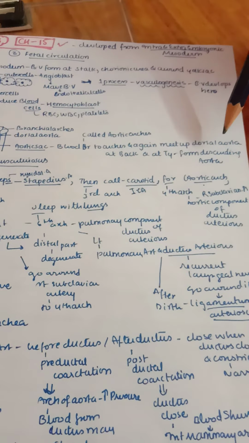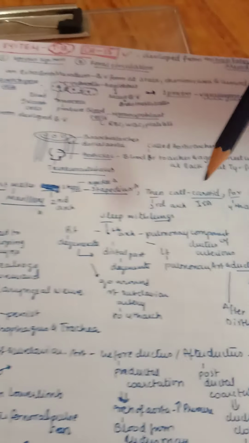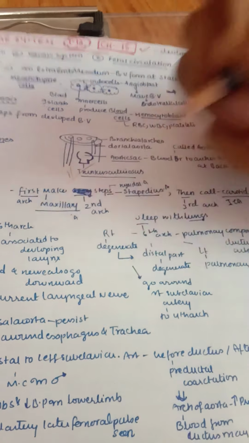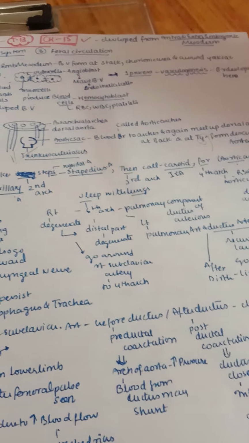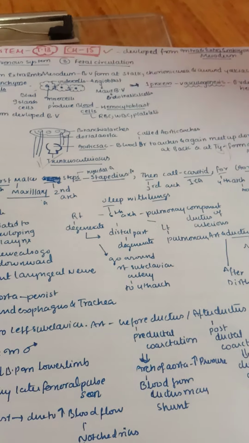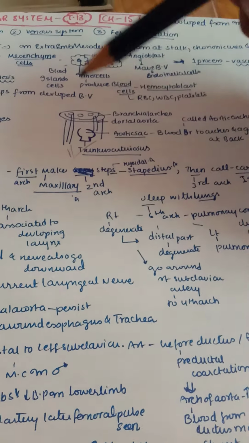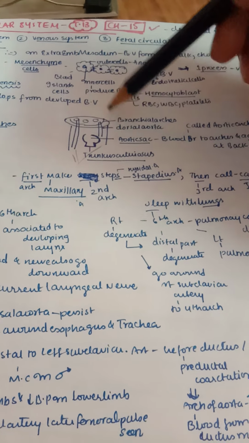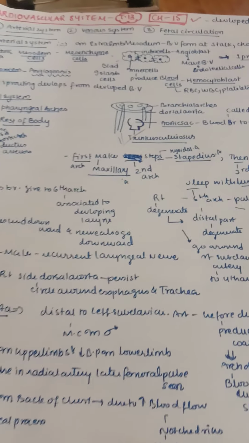They meet up in the dorsal aorta at the back, and these fuse to form the descending aorta. As I said, both dorsal aortas fuse later to form a descending aorta at the level of the T4 vertebra. That we need to remember, and these are called aortic arches. So what are aortic arches? They take the blood from the aortic sac, pass it through the pharyngeal arches, and meet up at the dorsal aorta. This is what is called the aortic arch.